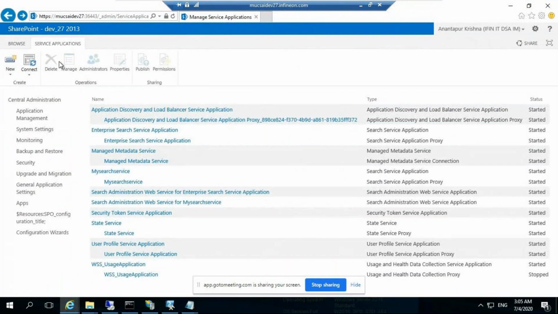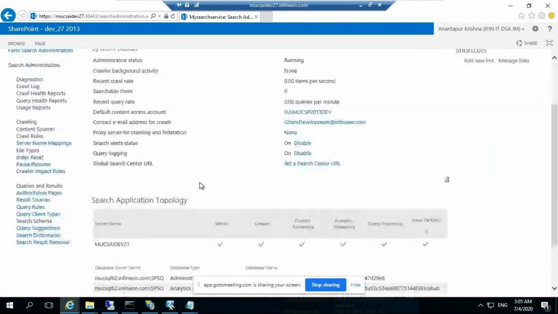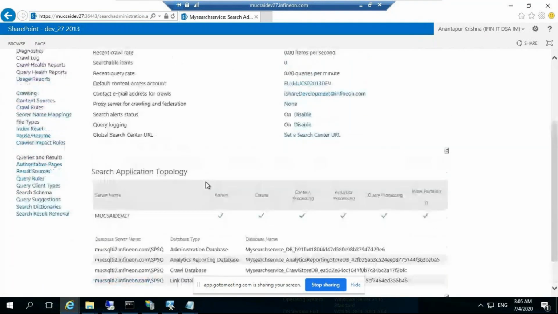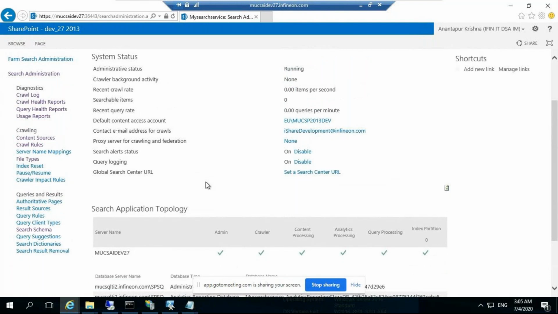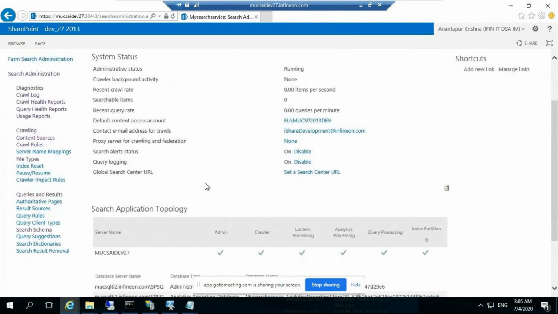Any doubts, or shall we move to other topics? That's fine, since these are purely theoretical concepts. We need to know what the search service is, just to have some idea. In Documentum we use the index server for search, but crawling is something new; I am seeing it in SharePoint itself.